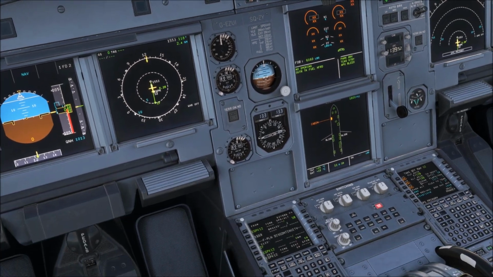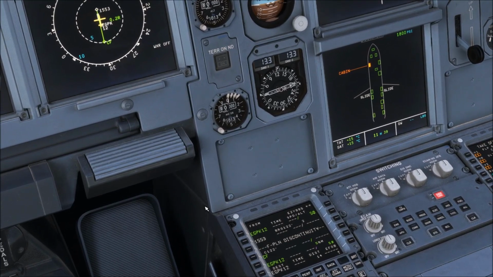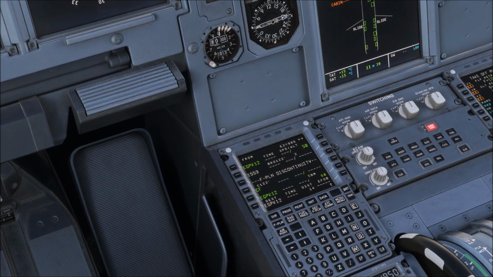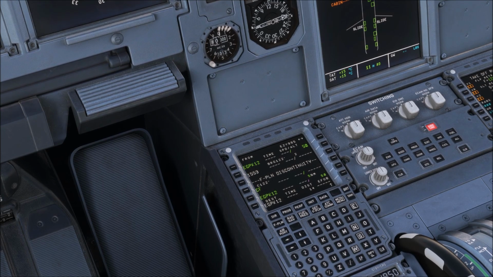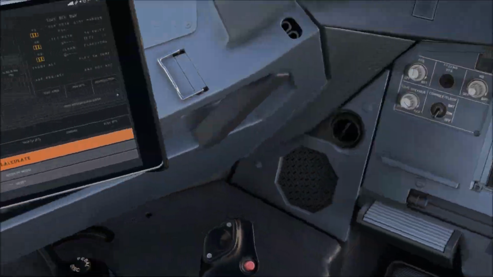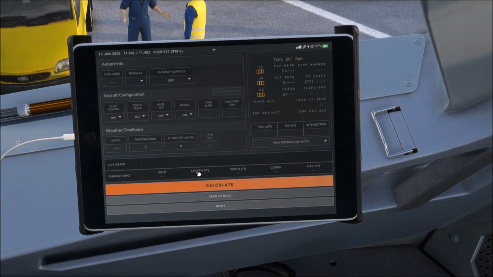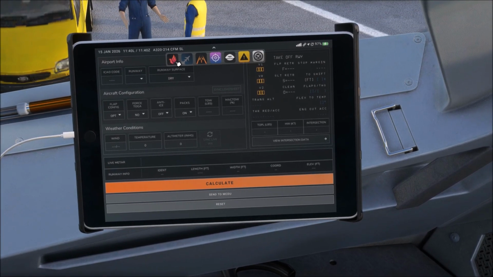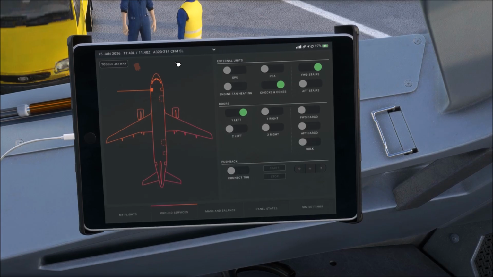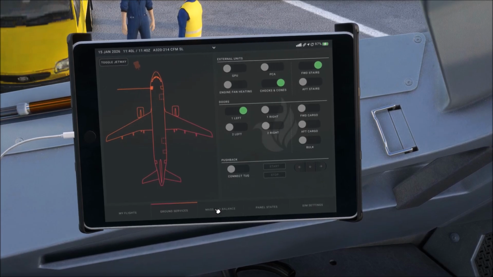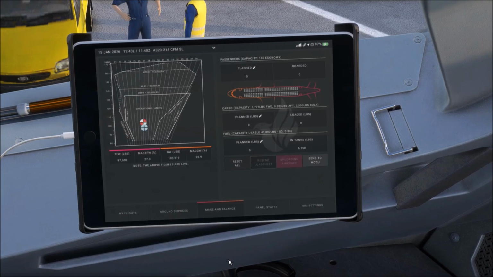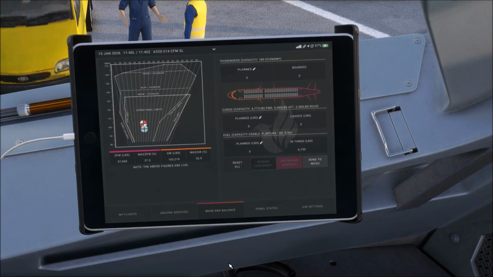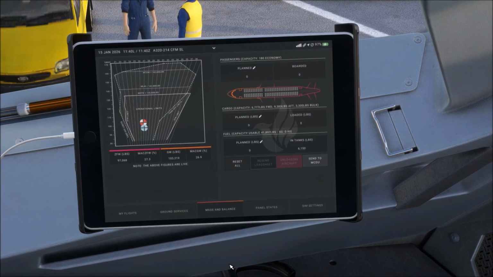Okay, so once we've done that, we need to go to the EFB, and we want to go to the mass and balance. So it's the Fenix menu and mass and balance, and this video that I saw, and I will put links to them, they